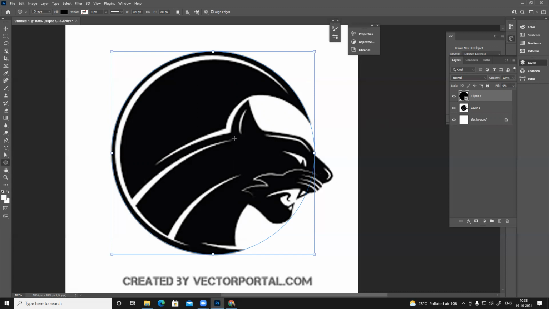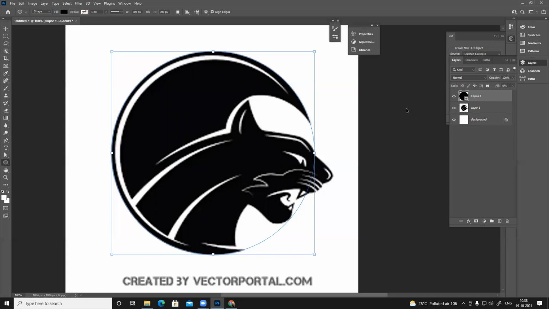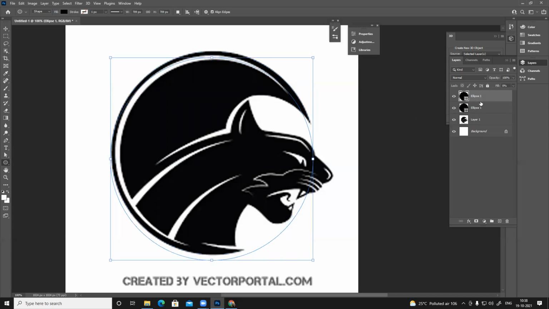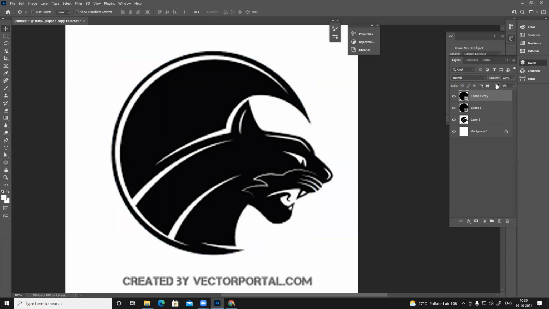So instead of recreating one more circle, what I can do is Control A, Control C. It will copy this layer, or you can simply duplicate it. Control C, Control V. You see one more generated, or you can press Control J to duplicate any layer. It's duplicated, and now I want to remove this part. Let me fill it slightly so that I can see, and this one's supposed to be white. You can see black. I want this border plus this.